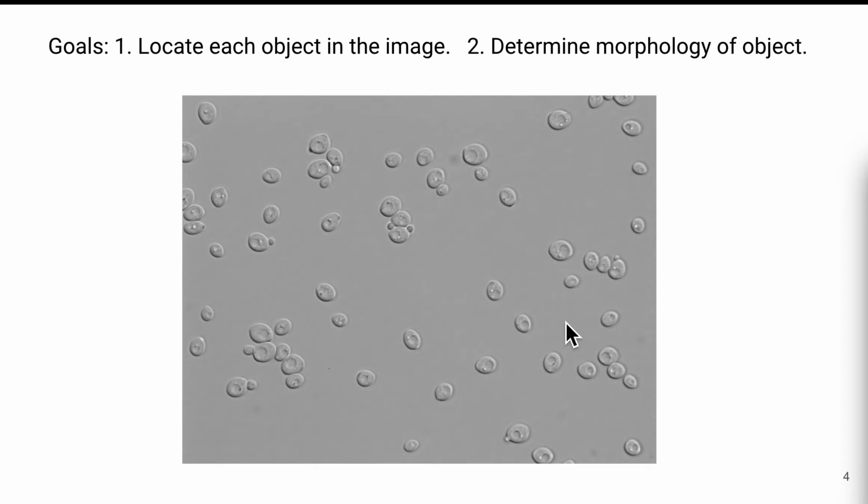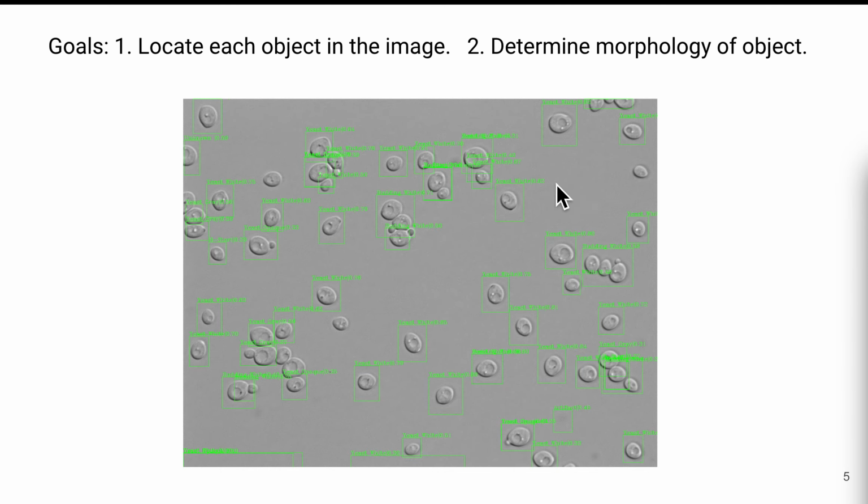Okay, and if you don't take any other thing home from this talk today, the main message is that we have software called Candescence that solves the following problem. It locates each object in this image, and it then predicts for each such object what it believes to be the morphology. It looks something like this, and you can see that this cell here is labeled as yeast white, and we even get a confidence score there of 0.82, which means it's quite confident that this is a